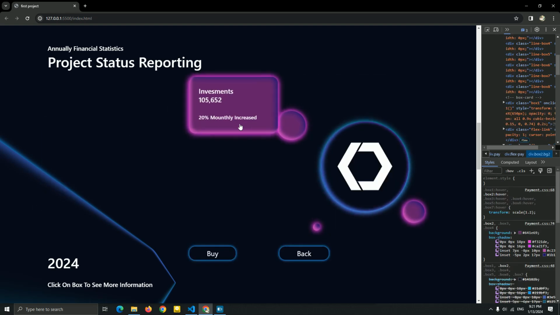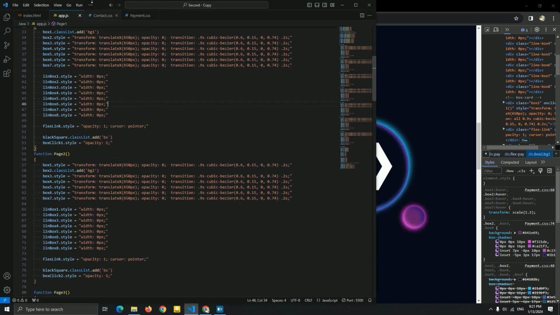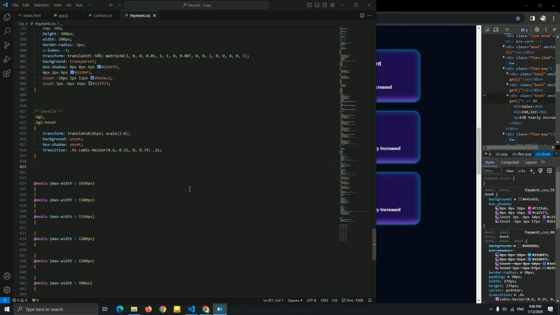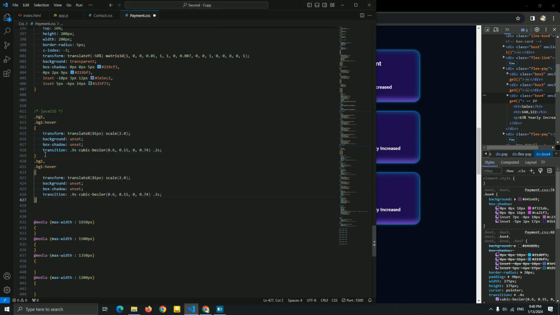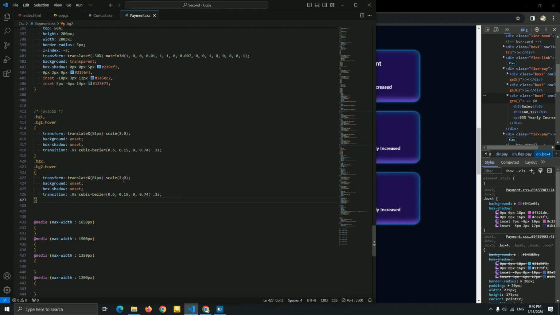Let's go to create this BG2 that we just created for this blacklist page 2, BG2. I'm gonna add it here. Let's go to the CSS. Now let me just copy this and paste it for the BG2 and BG2 hover. So for this BG2 hover, let me just add minus for this.